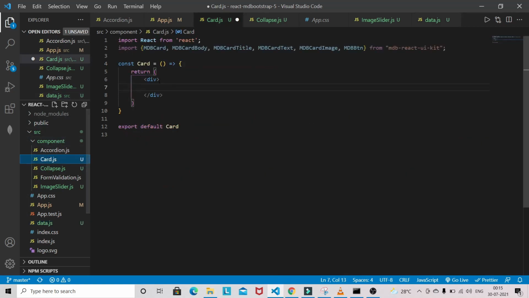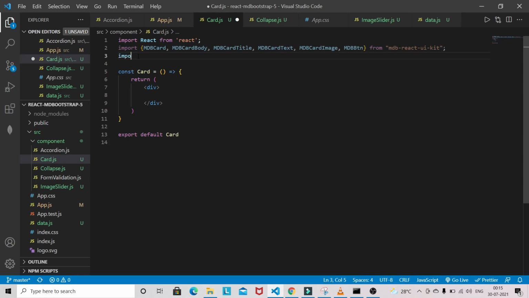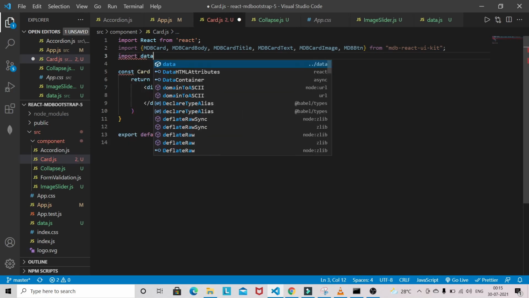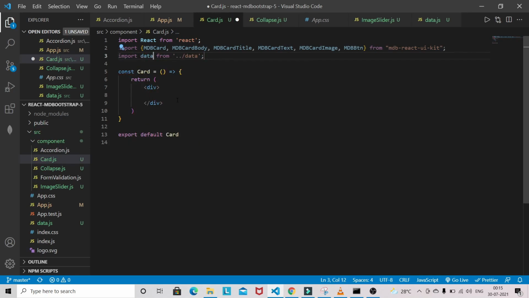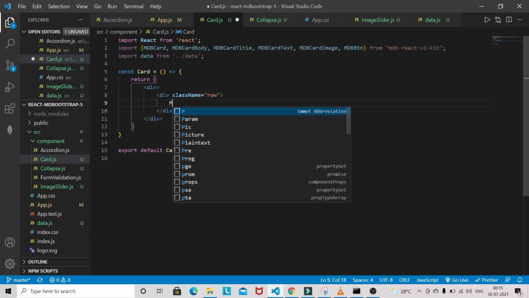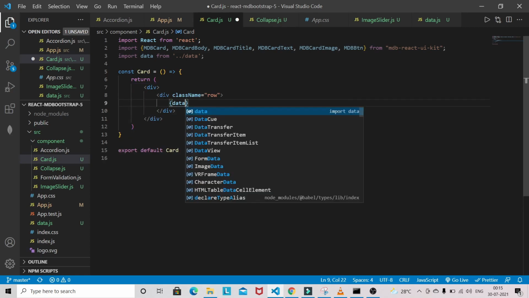Okay, so let's work on this card component. So let's bring that data file in first. So import data. So I have brought that file here, and I'm going to use one Bootstrap class name here. The class name will be row, and inside that I'm going to map that data, data.map.